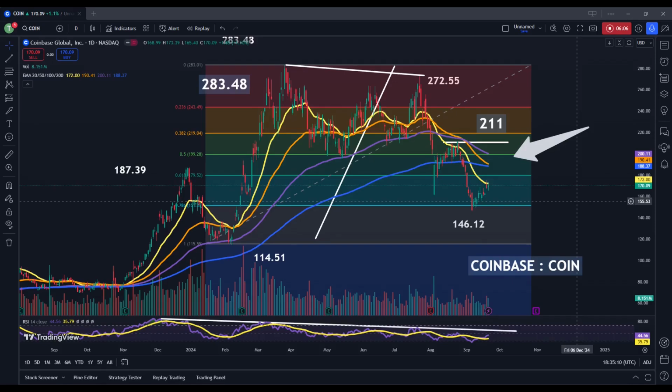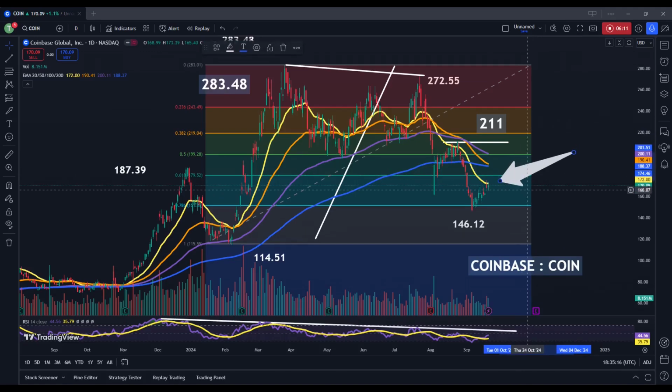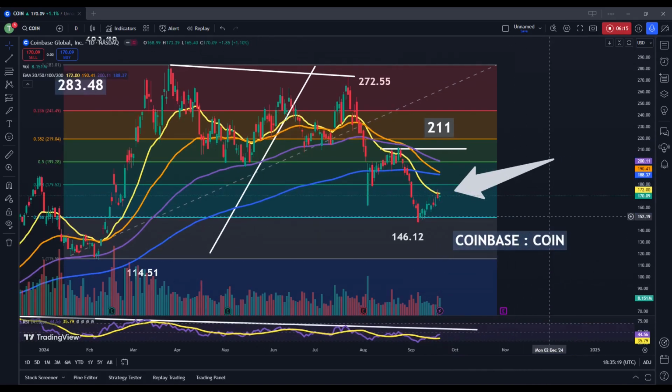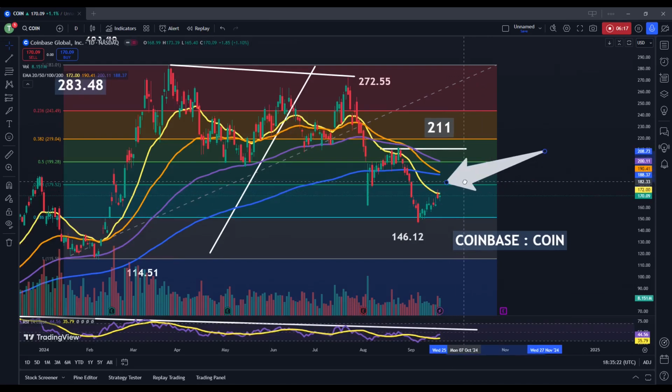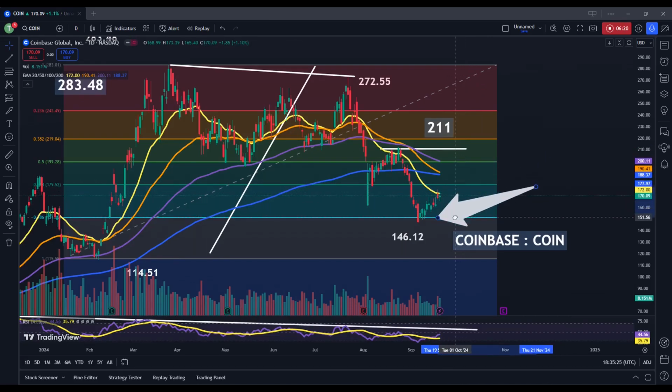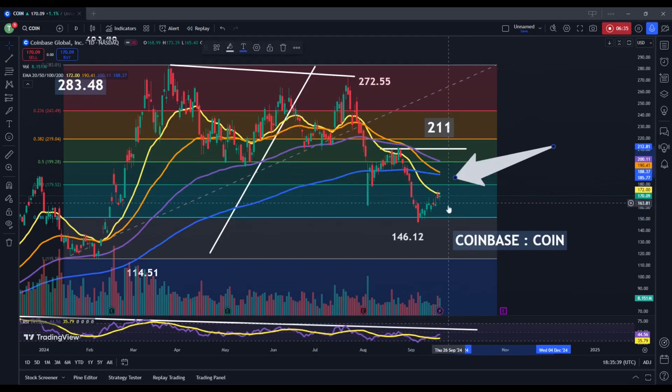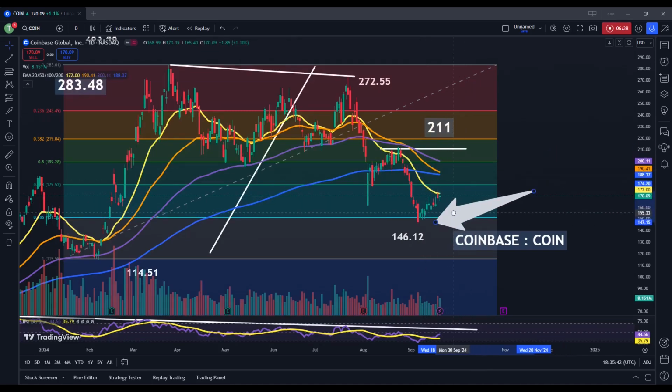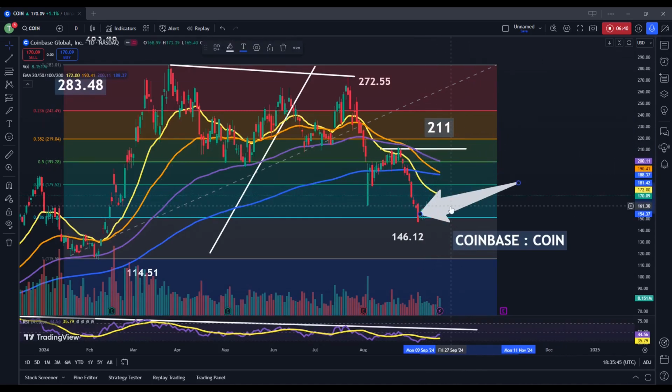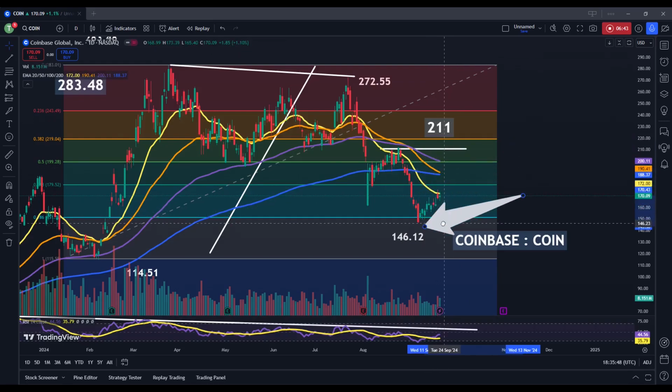So, as things currently stand here, there are some opposing viewpoints. We do ultimately need to see a break above this 20-day exponential moving average first. If you're bullish on this stock, I would say that this is the first sign I would want to see if I was trading this stock, because that would then help to confirm this bounce off of Fibonacci support here, rather than siding with this downside break and daily close below that level. So, there are some opposing viewpoints here, but if we do break above the 20-day exponential moving average cluster, then you can start to view this movement to the downside as being the result of an excessive move lower that did result in some slippage and a bit of a false breakout to the downside.